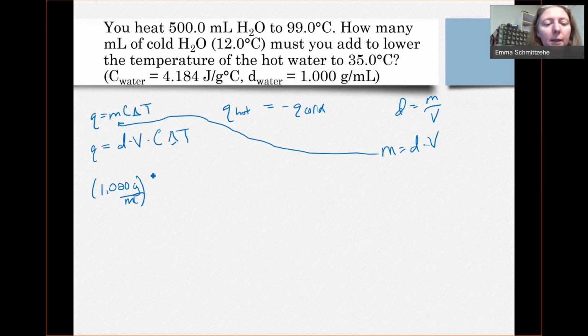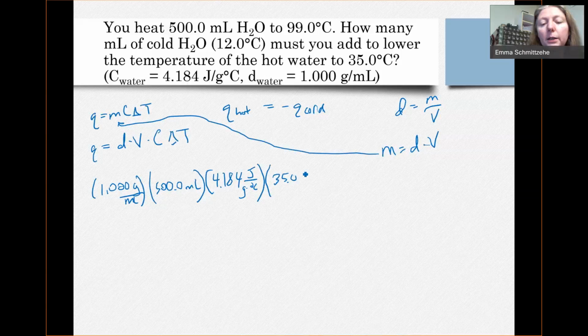Then we have 500 milliliters of that hot water, and the heat capacity is 4.184 joules per gram degrees C. And then the change in temperature, 99.0, or no, that's the initial. We always got to do final minus initial, guys. Final is 35.0 degrees C minus 99.0 degrees C. And that needs to be equal to,